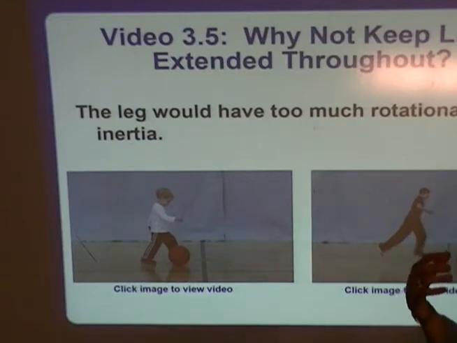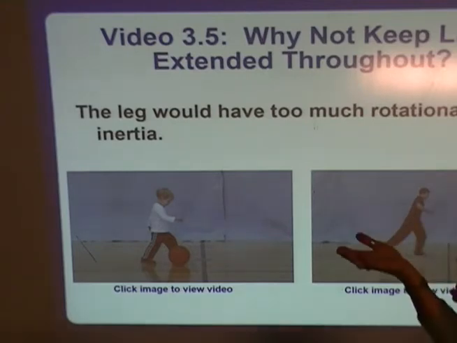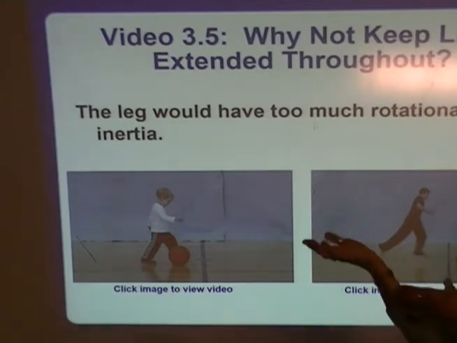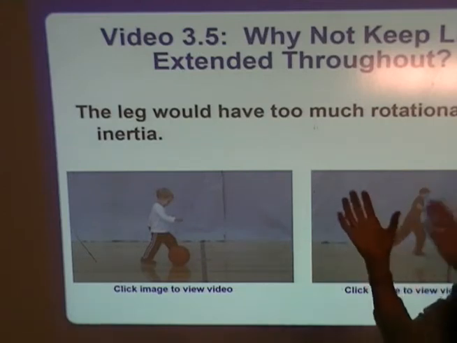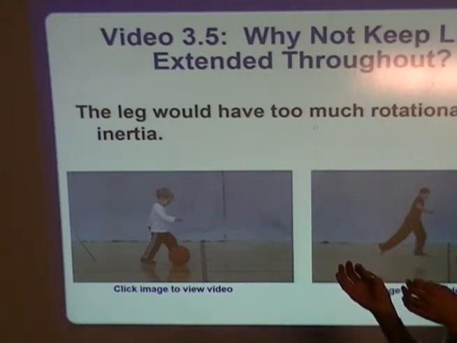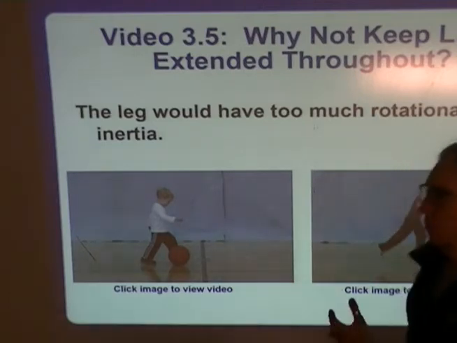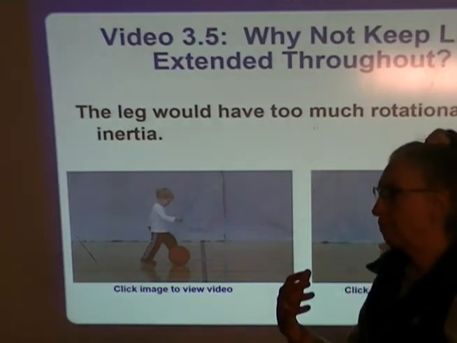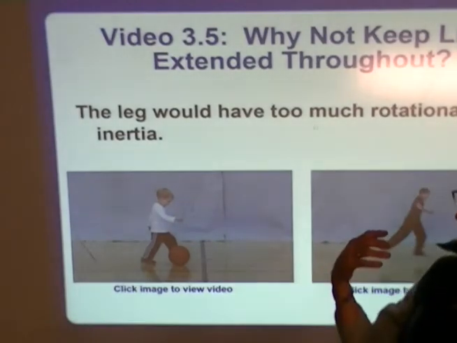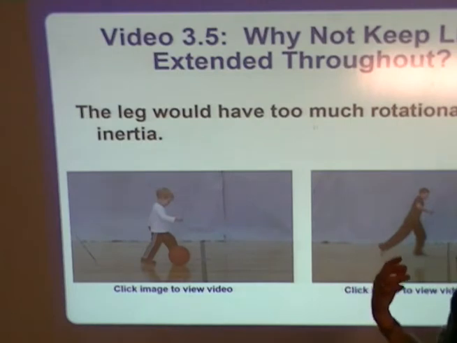So by bending the leg, I can swing the leg without using so much energy, and then I have to get this extension timing dead right, and that's part of the skill set for the kick, right? So it would have too much inertia, it would be too hard to move it straight, and it would use too much energy. So we have a bend and a swing and an extension at contact,